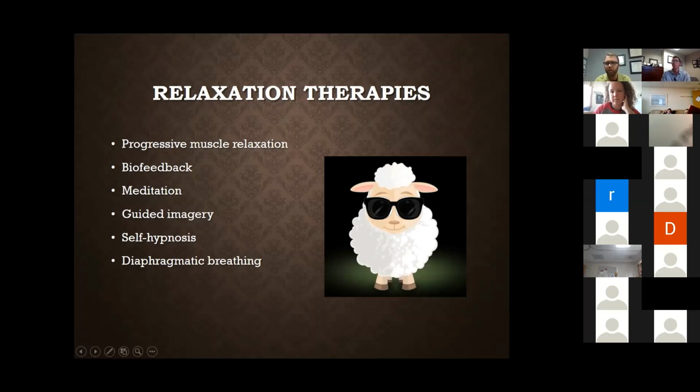Progressive muscle relaxation is a technique where you progressively tense your muscles and then relax your muscles. The focus is on the difference between tension all the way into deep relaxation, and reminding yourself of muscle memory and times when you're very, very relaxed. It's a great way to go from the top of your head down to your feet and check in with your body to say, where am I holding tension? Sometimes people don't even realize they've been holding tension all day because it's so normal to them. And then when they relax that, they go, oh my God, I feel so deeply relaxed now. And it can help people fall asleep.